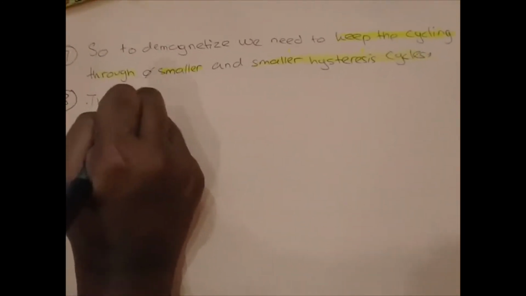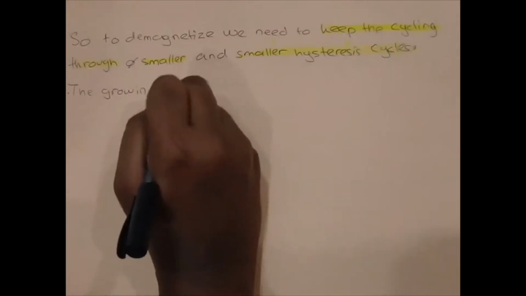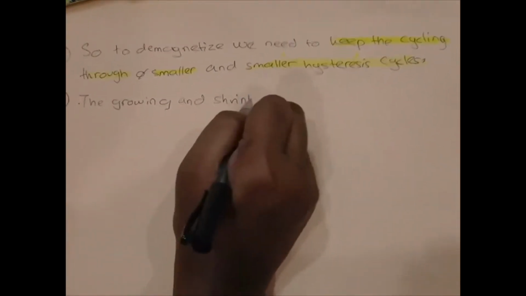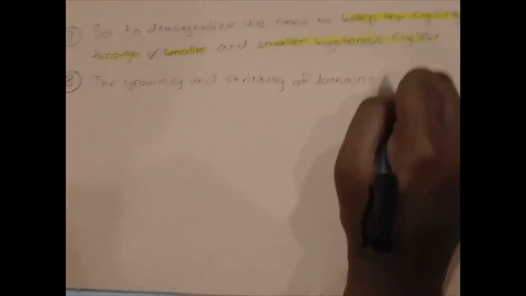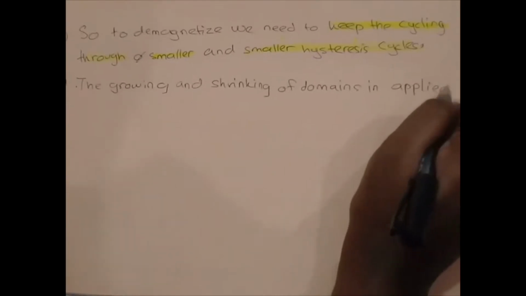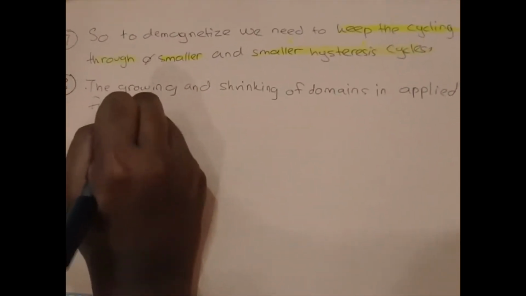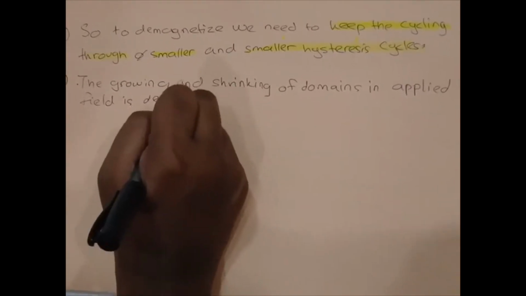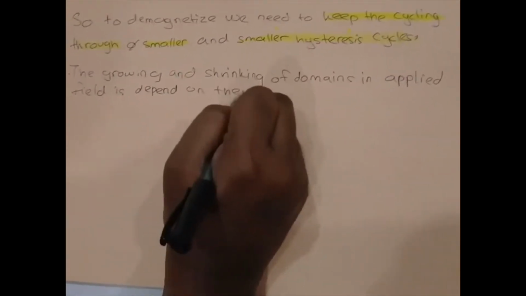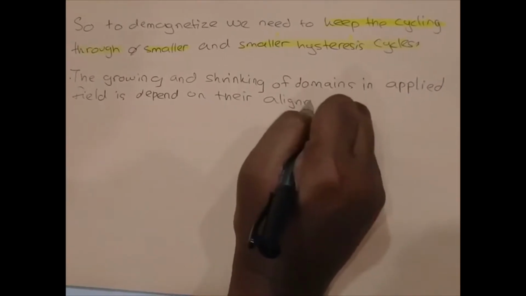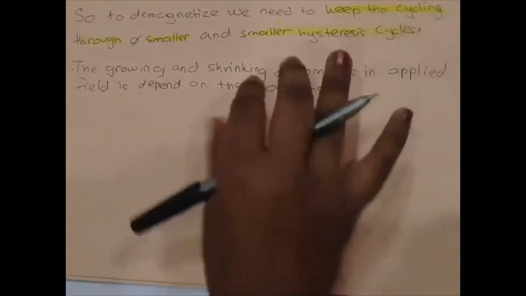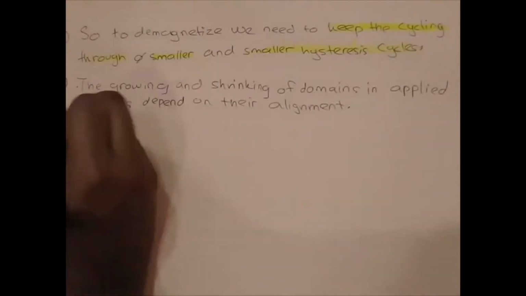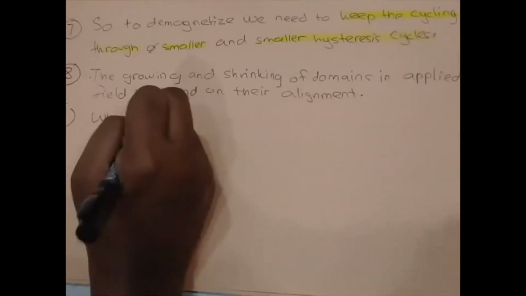So the next point is the growing and shrinking of domains in an applied field depends on their alignment. This is a very important point, where the shrinking of a domain depends on their alignment and arrangement. So the energy needed